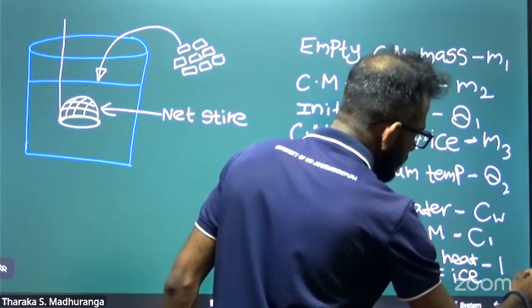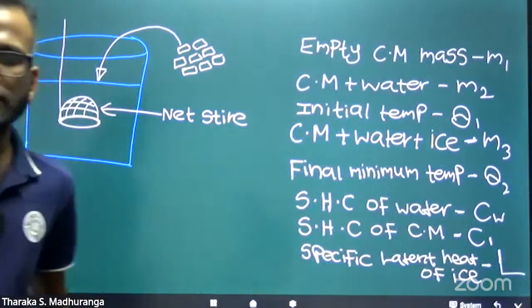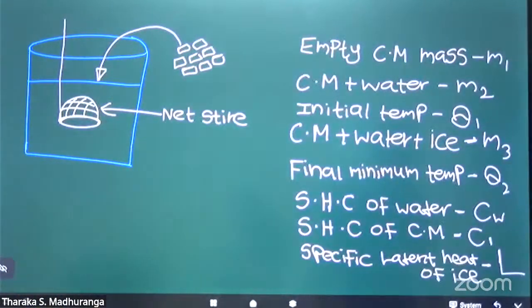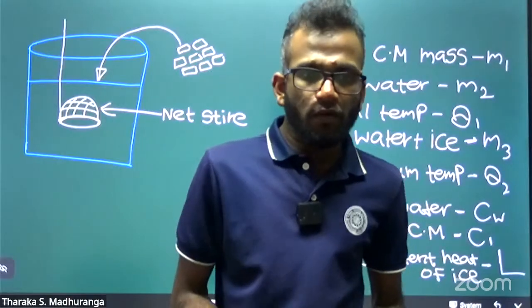I think it is L. The specific latent heat of ice at melting is L. Okay, now